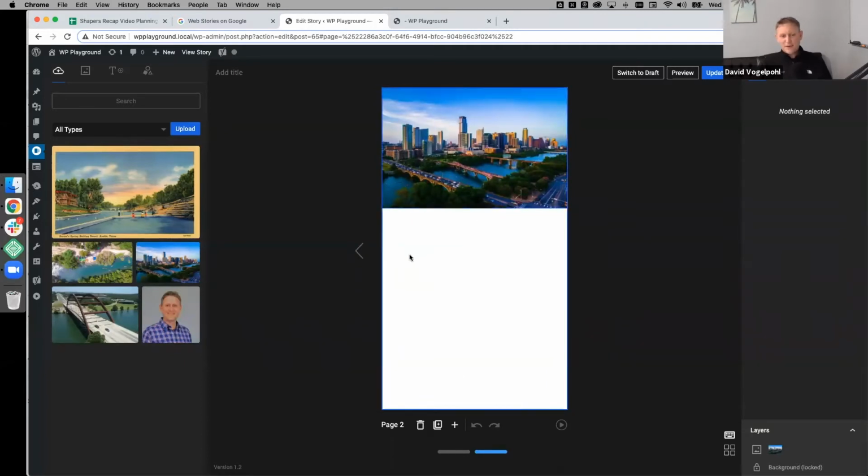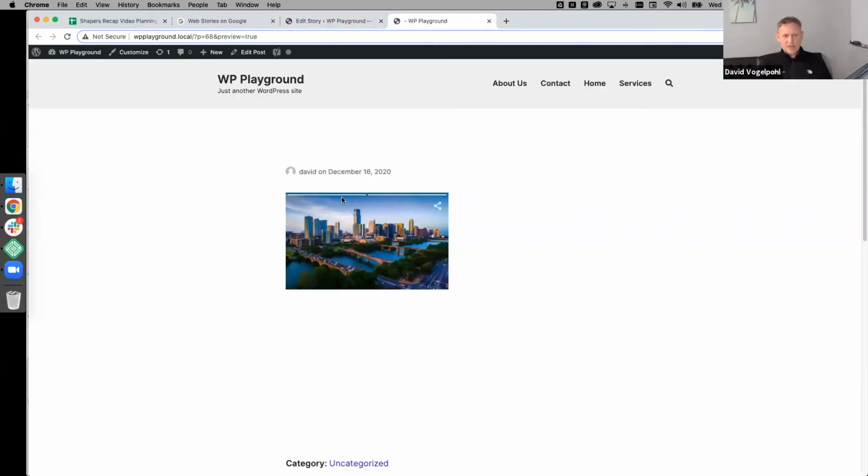You can have custom designs. You don't have to use this click and drag approach, but it's easiest, of course, to demo very quickly. Now, the question for the shapers was, you can see here that I dropped this into a page, and it gave me this story experience. If this was in a mobile view, you would see it like an Instagram story as we're progressing. But as you can see, it just dumps it in the page. You still might want to stylistically encase this element or this block within the page.